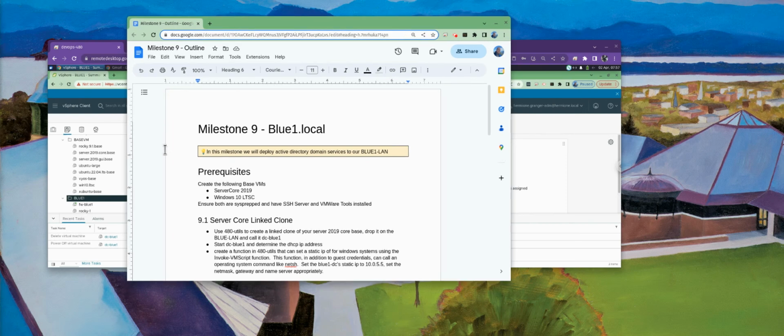So welcome to Milestone 9. In Milestone 9, we're going to turn our attention to Windows, which we've let languish a little bit. So what you're going to end up doing is you're going to create base VMs for, if you haven't done so already, Server Core 2019 and Windows 10 LTSC, and those ISOs are where all the other ISOs were,